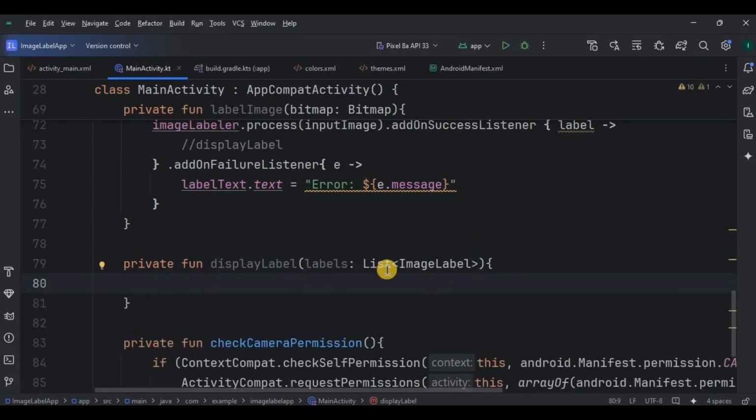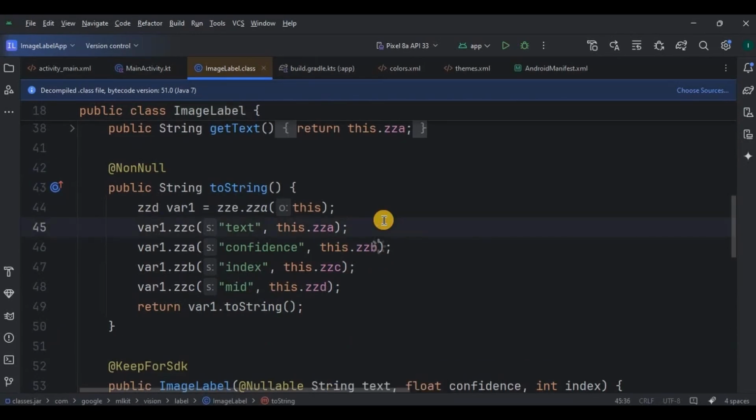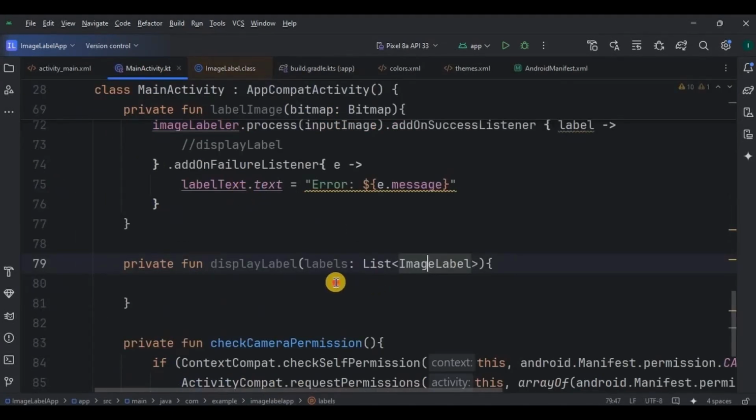If you click on the image label class, you can see what kind of parameters you can display, such as text, means the label itself, confidence, means accuracy, index, means the position of the label, and mid, a machine readable identifier like an ID. Then inside it, write if labels is not empty,